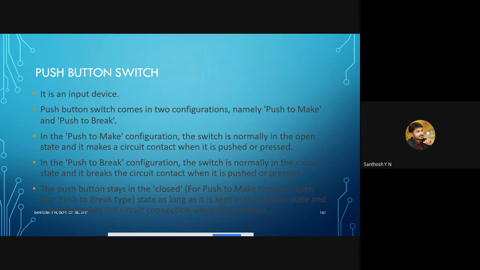So these are the different types of elements or components that you can connect to the embedded systems in order to enhance them. So what have we discussed? We have discussed sensors, we have discussed actuators, and the elements that can be connected to the input side and to the output side. We have discussed LEDs, 7-segment display, piezoelectric buzzers, relays, optocoupler, push button switch. All such are the prominent components that can be used in embedded systems in order to facilitate the user or to bring the embedded system in a user friendly manner.